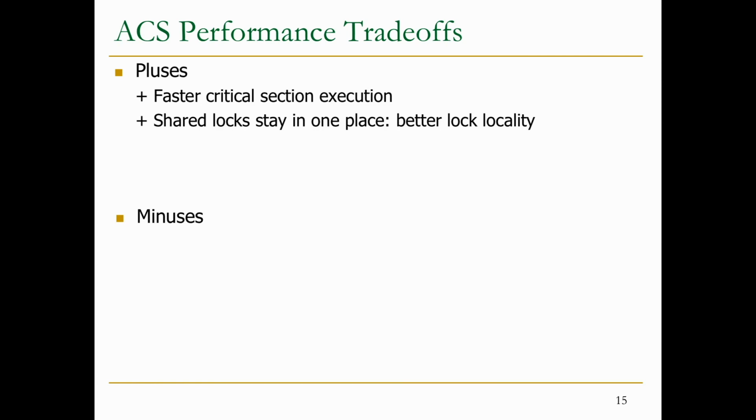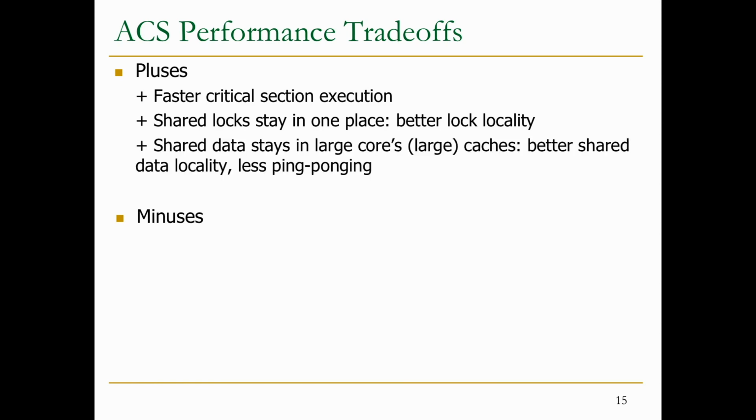You get large caches to keep the shared locks. Shared data also stays in the large core's large caches. You get better shared data locality, less ping-ponging. Essentially, you reduce the probability of ping-ponging. We didn't really formally define ping-ponging. But essentially, if you have a bunch of processors, and they all need to execute the critical section at any given point in time, each of them has to acquire the lock, and each of them has to acquire shared access to shared data, which means that at some point, processor 1 is